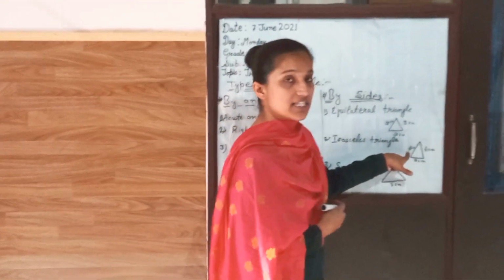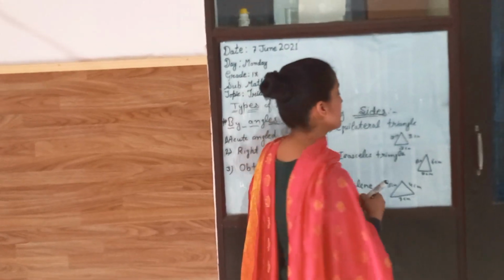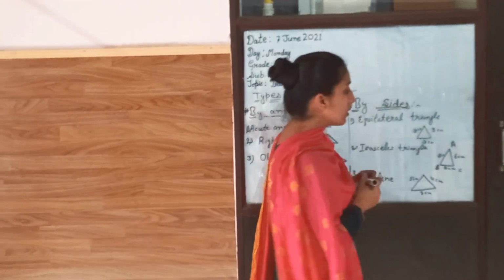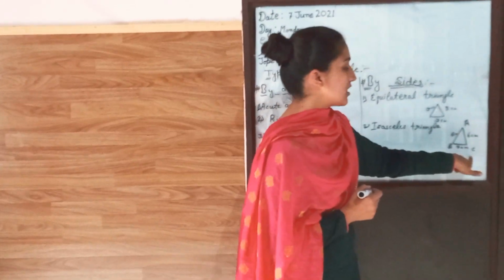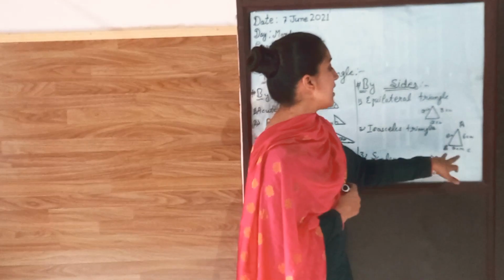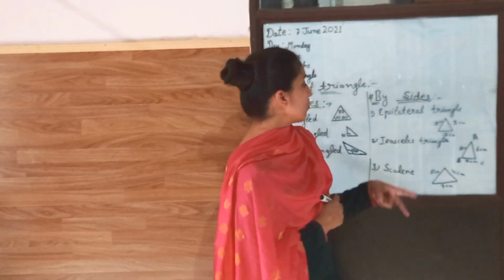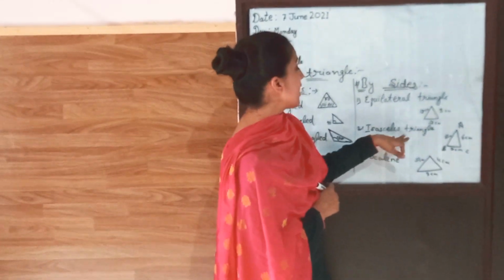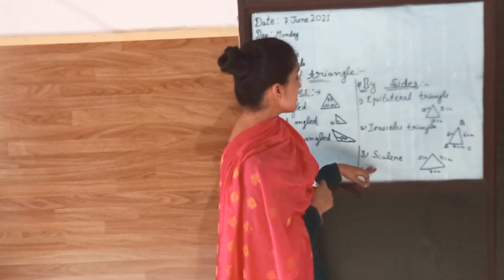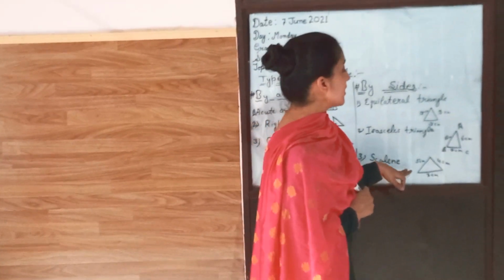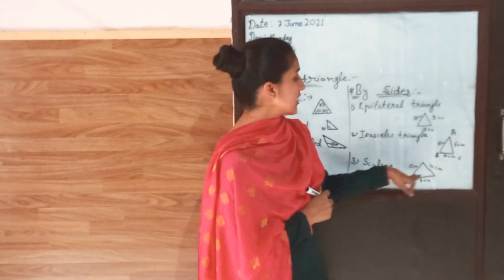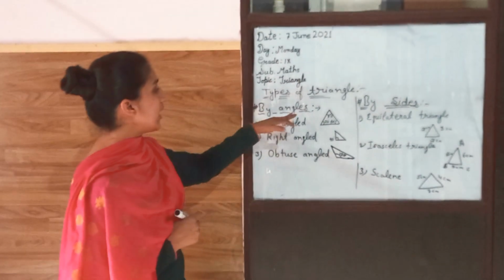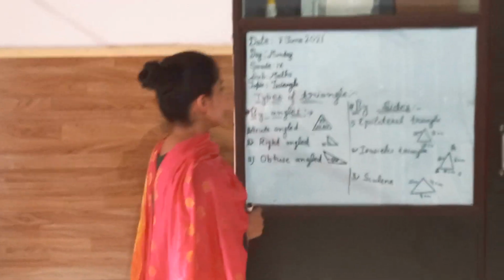Suppose this one side is 6 cm and this is also 6 cm. We can name it A, B, C. Here are the two sides AB and AC. These are equal, 6 cm, and BC is different. So two sides of this triangle are equal. That's why it is called an isosceles triangle. Third one is the scalene triangle. It means it has all sides of different lengths. So these are the types of triangle according to angles and by sides.